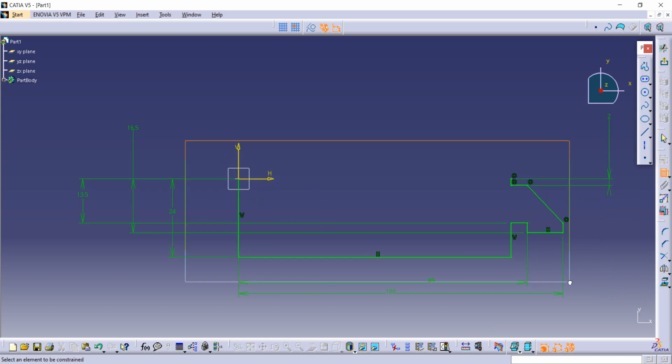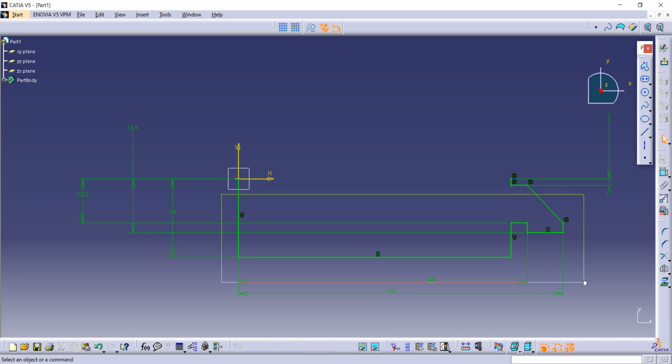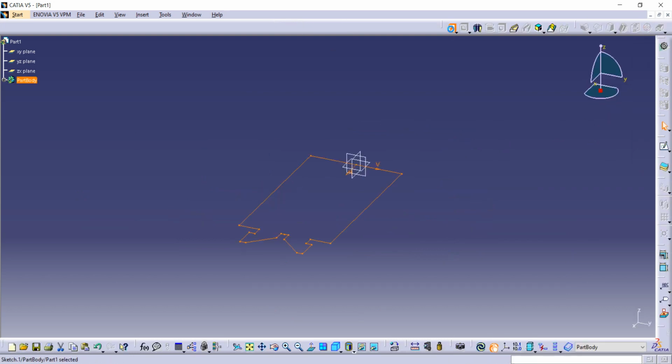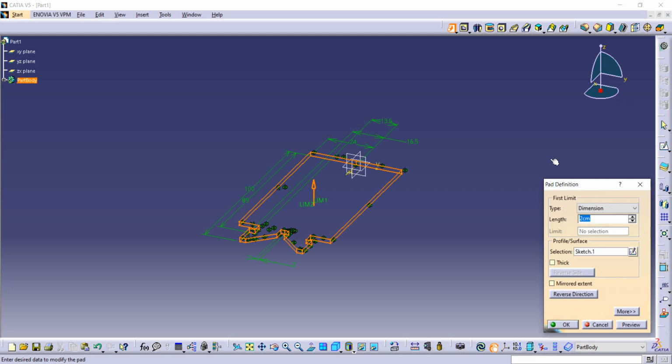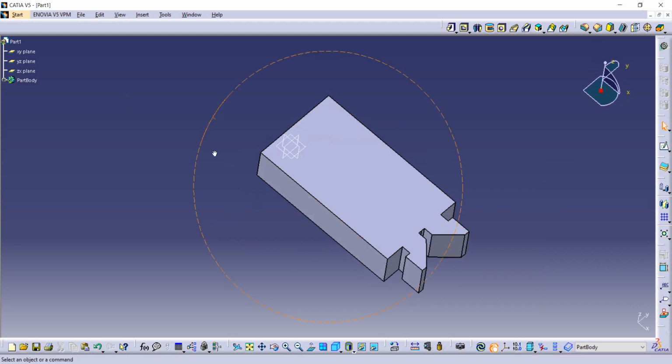Now select the whole sketch and then use this mirror command. Wait a second, I have selected the axis by mistake. Just select all sketch and you have to select remaining lines by using the control option. Then go on the mirror, select the axis, and this is how we have got our sketch. Now go on exit to workbench. You have to use pad command from here. This is pad, the pad is given as 19.